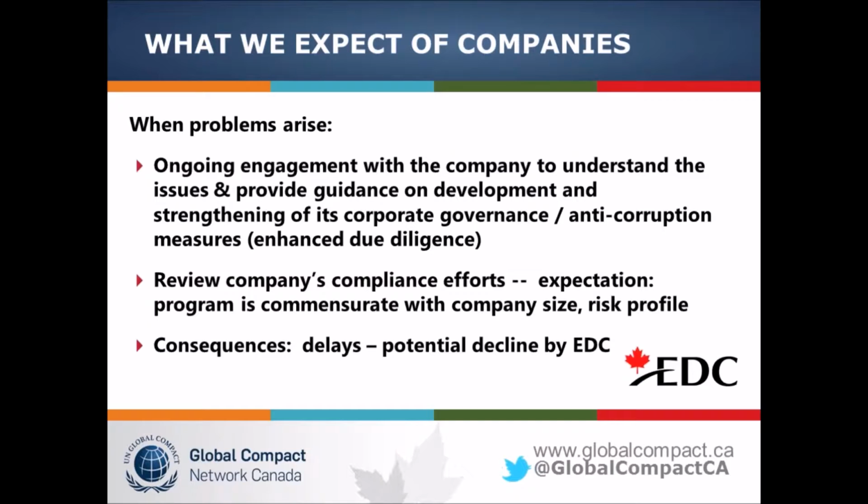The consequences for not having a reasonable anti-corruption compliance program in place is delays in getting insurance, delays in getting financing, and in business, as we say, time is money. So these can be very costly for a company. And ultimately, it's a potential decline by EDC to support